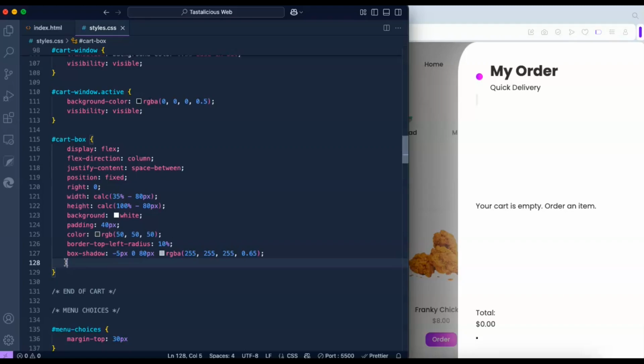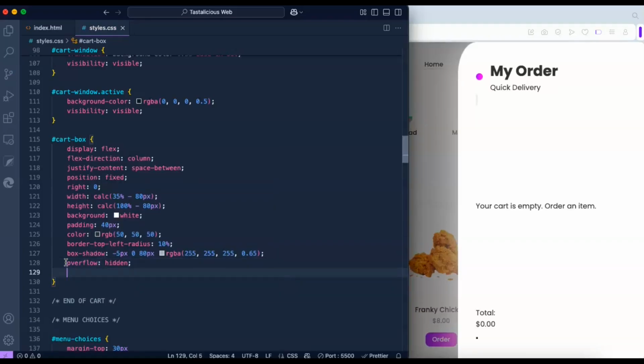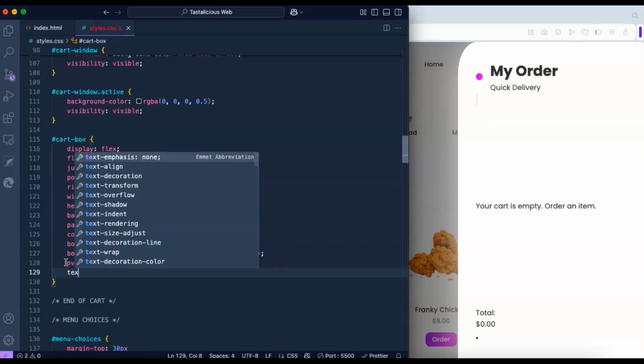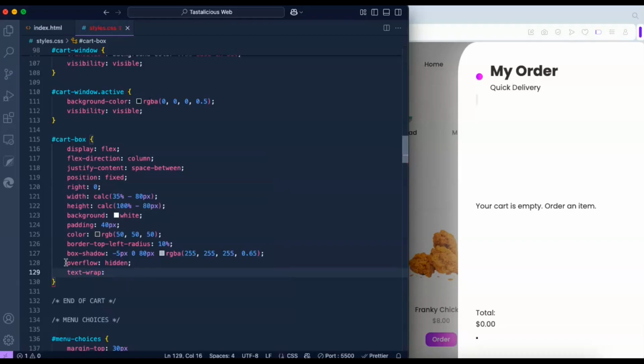Because even though the width of the cart box is reduced to 0, the text might just stay hanging there and it won't look good. So we are going to add this property called overflow hidden. And then we also want to work on the text so that the text doesn't just stay hanging. So we are going to add this property called text wrap, and basically what we want